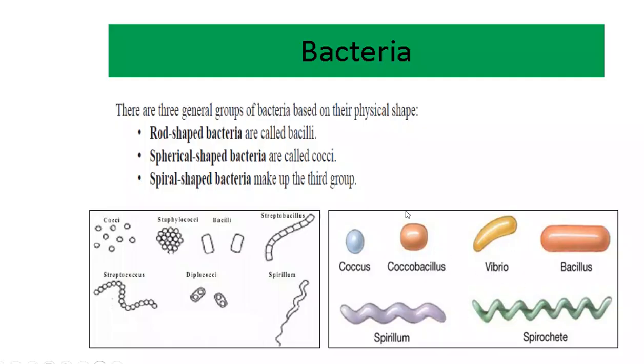Here we have different sorts of bacteria, depending upon their shape. There are three general groups of bacteria based on their physical shape. One is rod-shaped bacteria, which are called bacilli. Next are spherical-shaped bacteria, which are called cocci. And the third one is spiral-shaped bacteria, which make up the